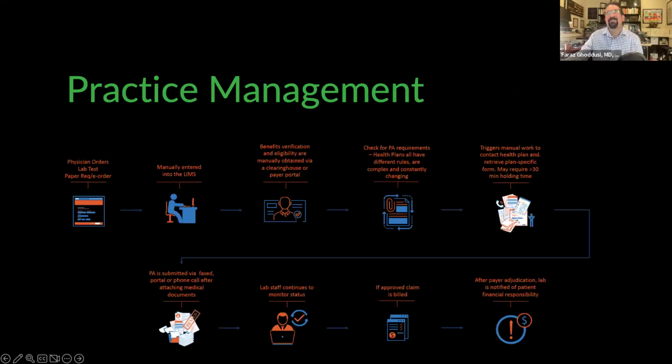And of course, our favorite part, practice management. This is one of the most anticipated applications of AI in medicine, the automation of repetitive clerical tasks that are suffocating most practices. So here we have a workflow for prior authorization. So AI could do things like eligibility checks, insurance claims, the prior auth process, appointment reminders, billing, data reporting, analytics, all of the stuff that I didn't go to medical school for.